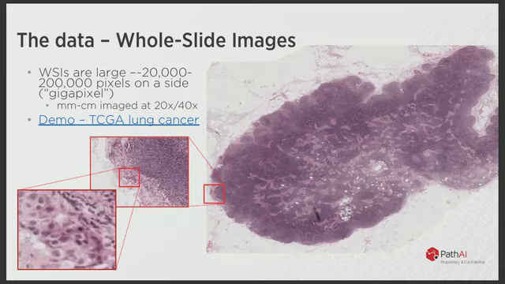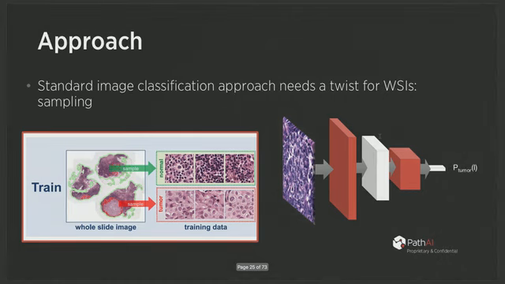And the big machine learning challenge here, why you can't just throw it into an off-the-shelf or web image classification tool, is the images are so large that it's just not feasible to throw the whole image into any kind of neural net, because they can be between 20,000 and 200,000 pixels on a side. So they have millions of pixels.